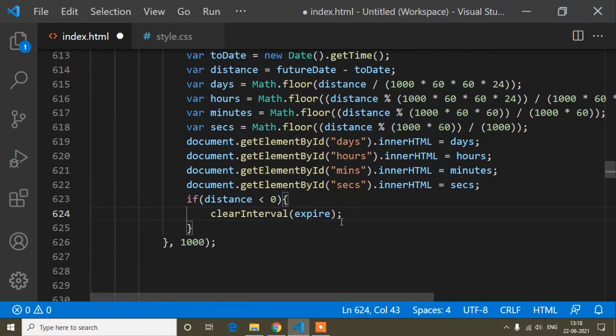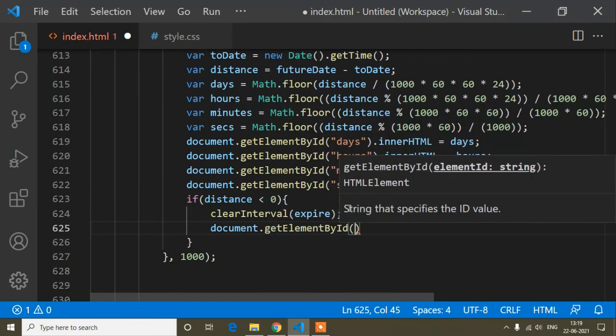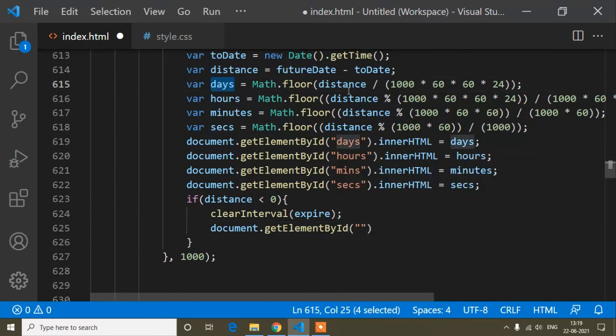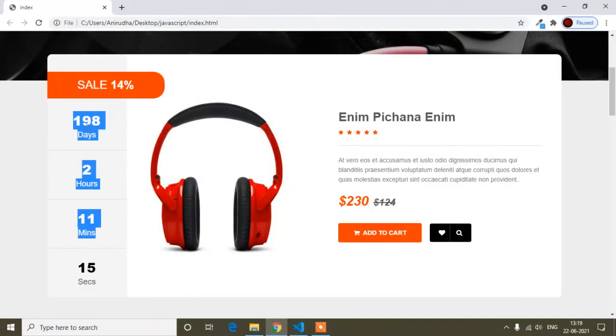And now when our expire date is expired, you can show an expiry message to the user also, this way. You can write document.getElementById, and suppose any id name, like here this id name is days. Inside this days id, it will show the expire message.